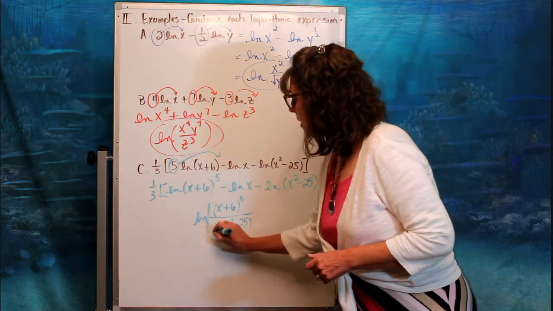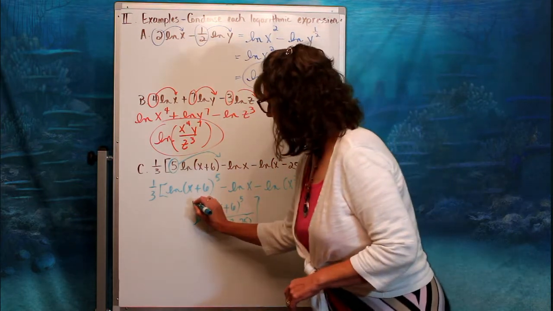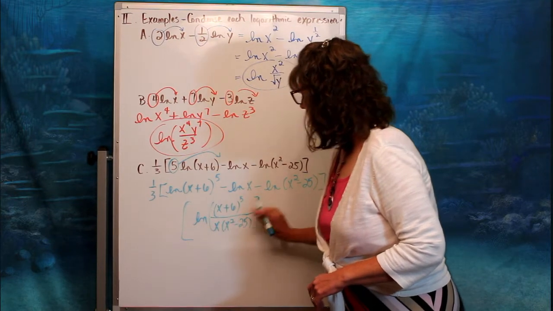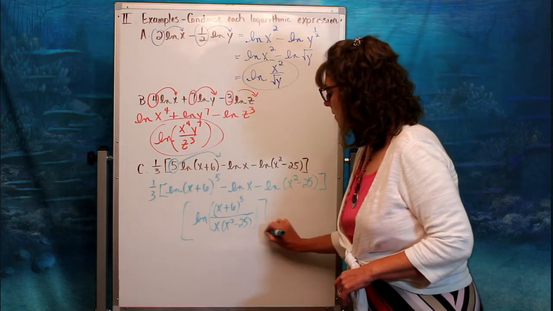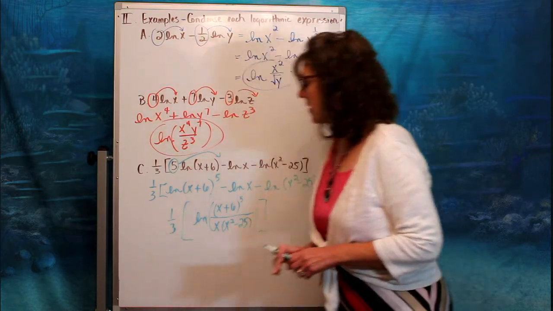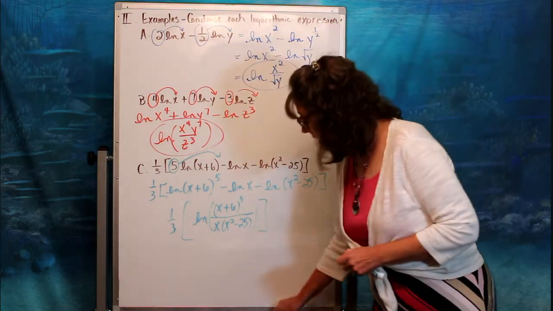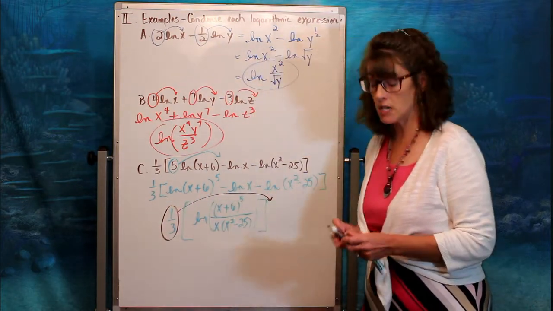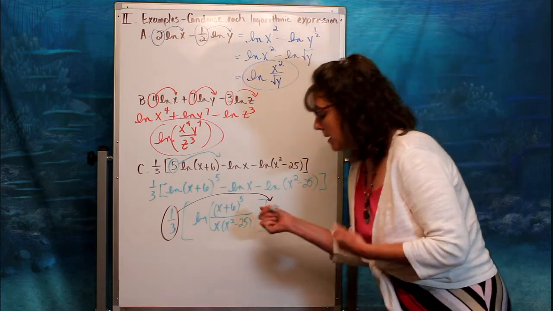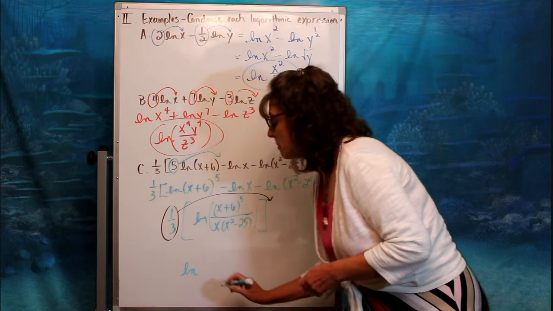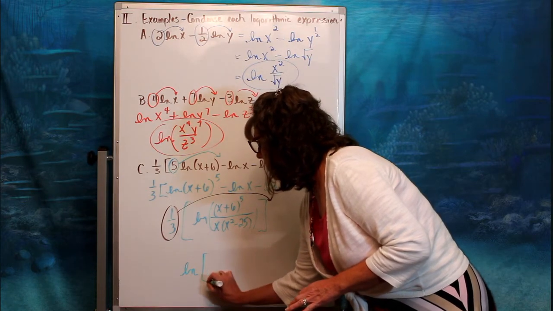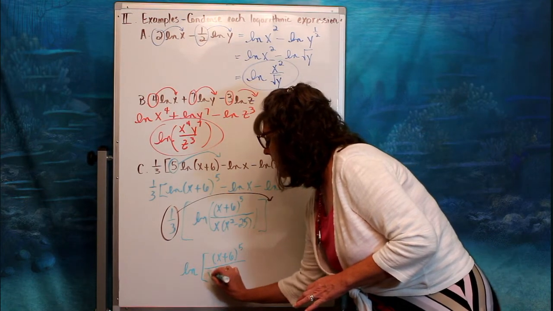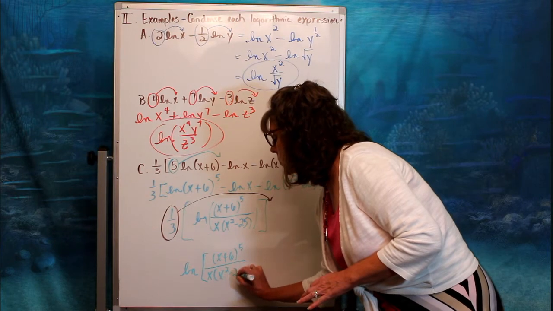Okay, so now I'm going to do the natural log of all of this. Actually, let me do this. Here we go. There we go. But remember, I still have that coefficient of 1/3 out there. But that power rule says that that coefficient that's sitting out here, it can slip up as an exponent for this particular natural log. So therefore, what I'm going to have now is natural log, and this is going to be enormous, but we've got this. Natural log of x plus 6 to the fifth divided by x times x squared minus 25